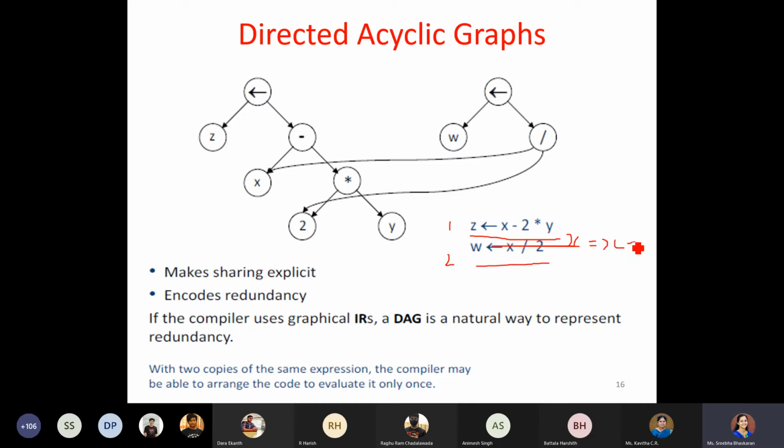That is my x. Okay, it's not meeting each other. So if I have x is equal to x plus 1, so what will happen? I will have another